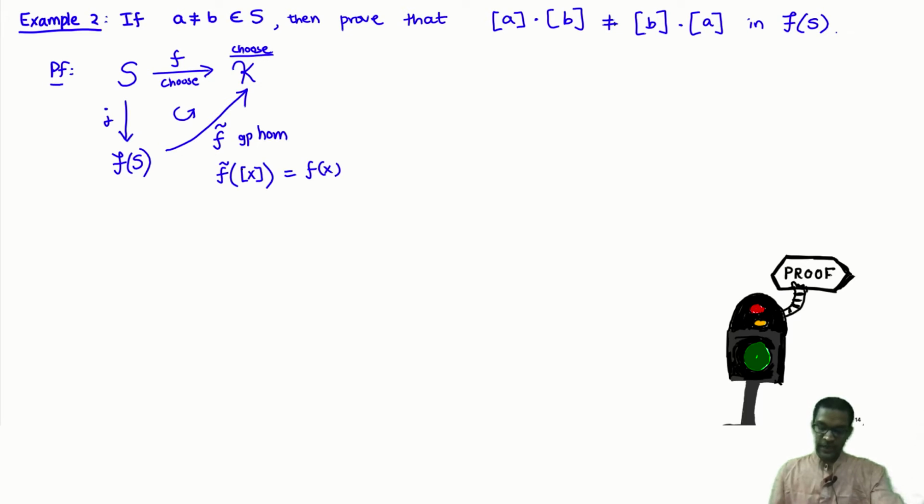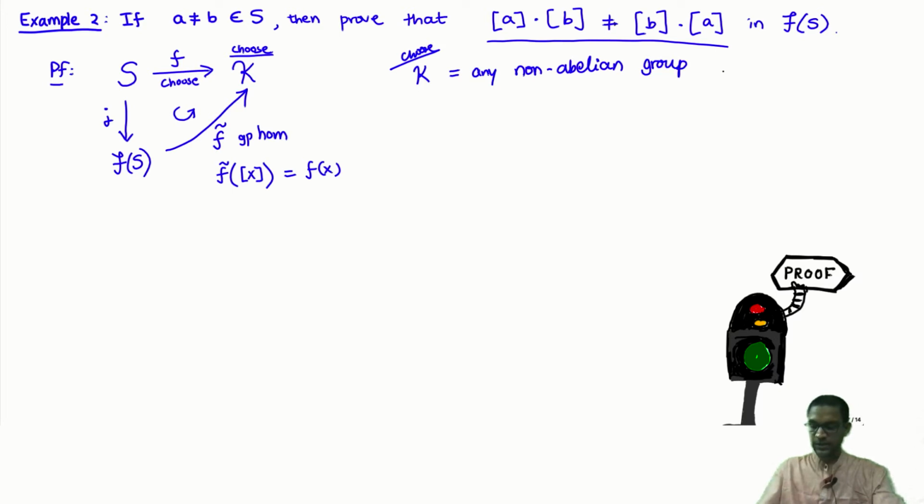Okay, so if you choose K and F cleverly enough, you should be able to prove what we need to prove in this case, that these two are not the same. Okay, so let's do that. Let's make the following choices. For K, I will choose K to be any non-abelian group. Let's pick a non-abelian group, and well, what's one of the easiest examples? You can pick K to be, say, the symmetric group S3. So for concreteness, let's pick an actual group. I take K to be S3, the symmetric group.